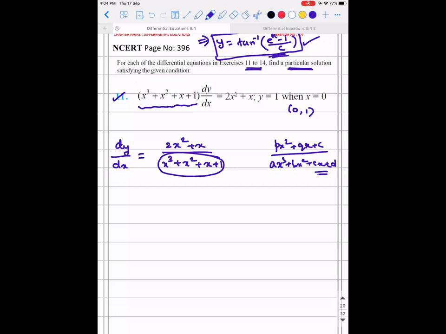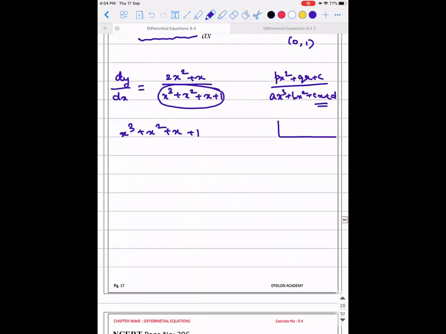So whenever you have a cubic equation, what are you supposed to do? Trial and error method. You have to first try out using trial and error method. So in trial and error method, what can you substitute? Try with 0, 1, minus 1. Minus 1 will satisfy this. When minus 1 satisfies this, minus 1 plus 1 minus 1 plus 1, it will be 0. Right? When it is satisfying, minus 1 will be one of the roots.